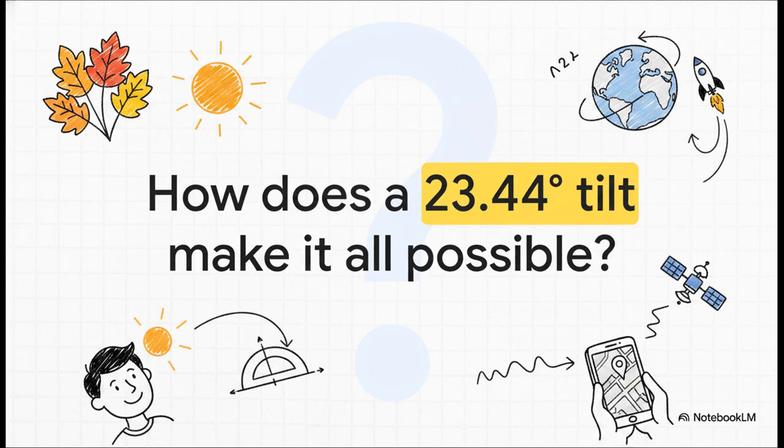It really is just amazing to think about. We've gone from the reason leaves change color in your backyard to the hardcore mathematical formulas guiding probes through the solar system, all connected by one single angle. So, the next time you step outside to feel the warmth of the summer sun on your face, or you pull up a map on your phone that relies on a satellite GPS signal pinging from space, I want you to pause. Ask yourself, how does a simple 23.44-degree tilt make absolutely all of it possible?